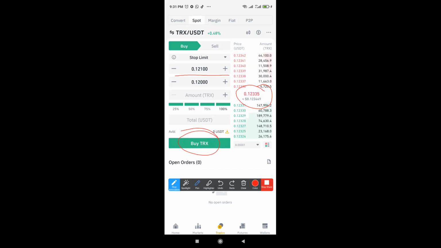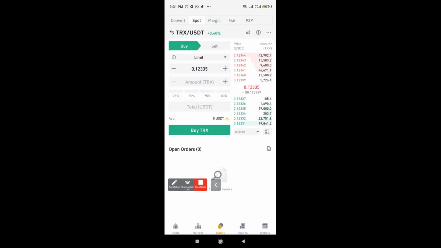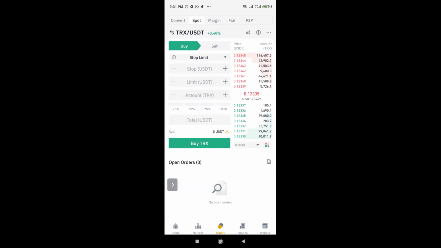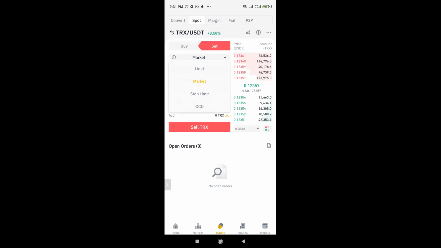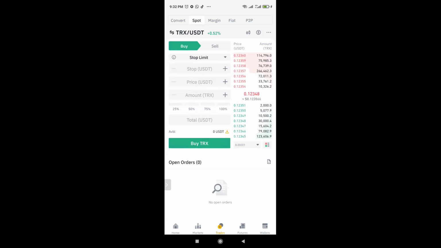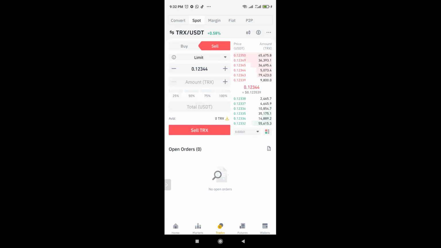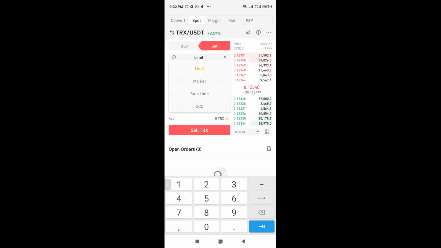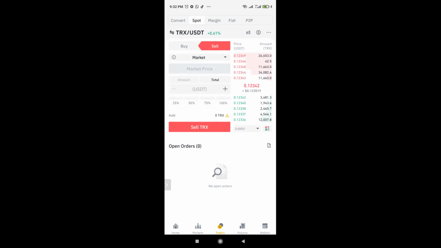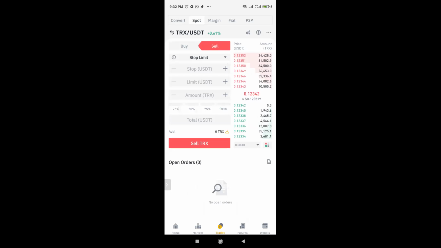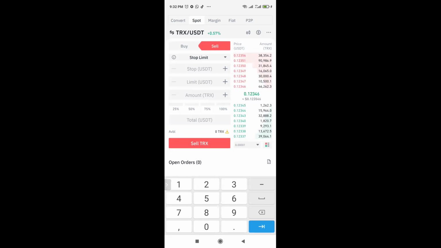So if you understand these three things, it's easy for you to buy. Limit, market, stop limit. Okay, very easy for you to buy. And then sell is the same thing. When we sell, there's limits, there's markets, and there's stop limits. It's the same thing when you are selling. If you have bought TRX, you can sell TRX at your own price using limits. You can sell at the market price, that's the price TRX is at the moment. Or you can set the queue and tell Binance that please, once TRX reaches a certain amount, that's what you type here.